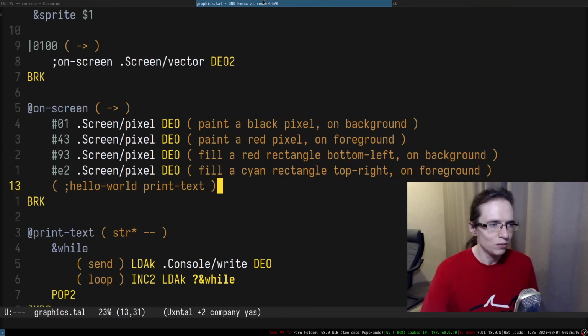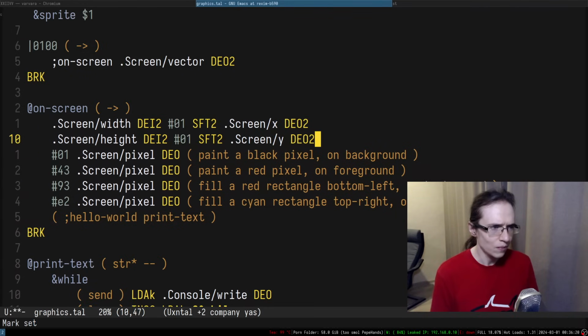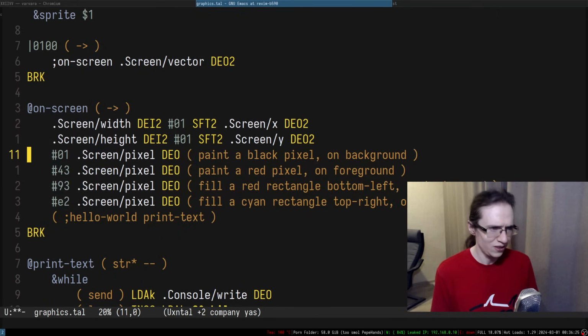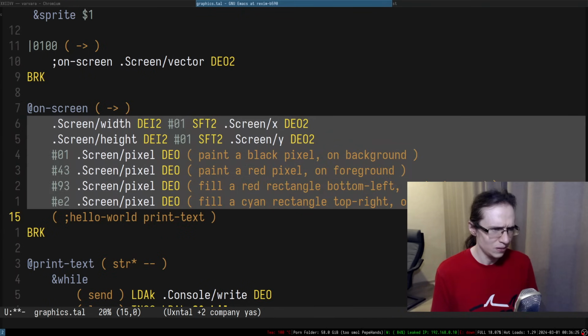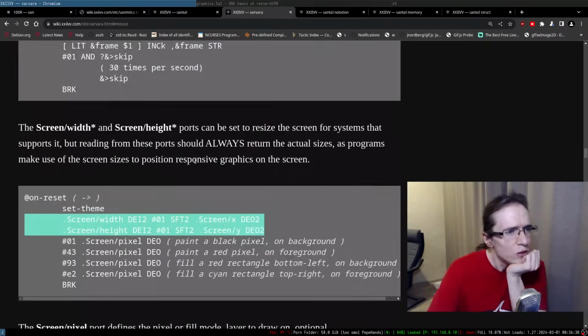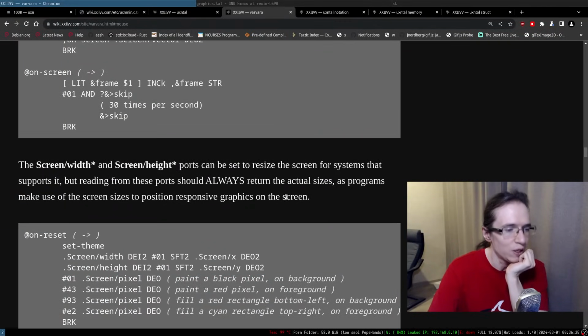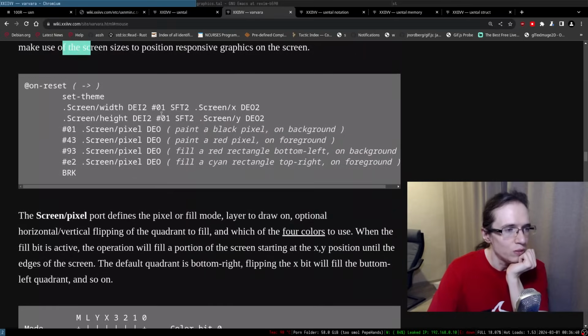We can try to maybe... I suppose this just sets the... so port can be set to resize the screen, the system support, but reading from this port should always return the actual size. Okay, that's cool. As a program, use the screen size, position, response graphics. So here we probably just like a reading and maybe doing something.